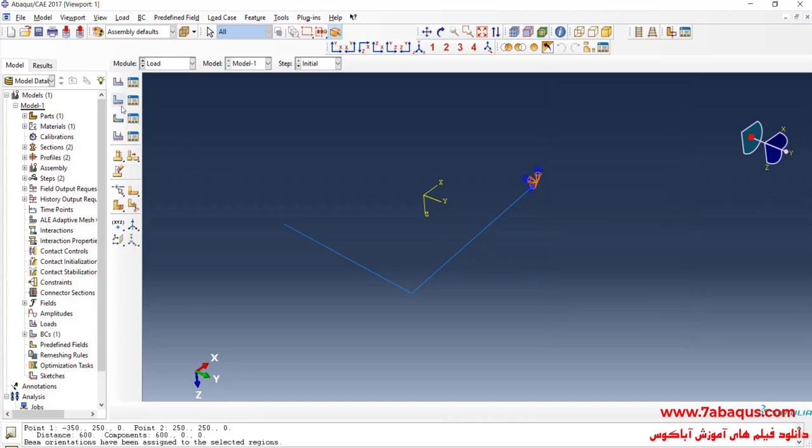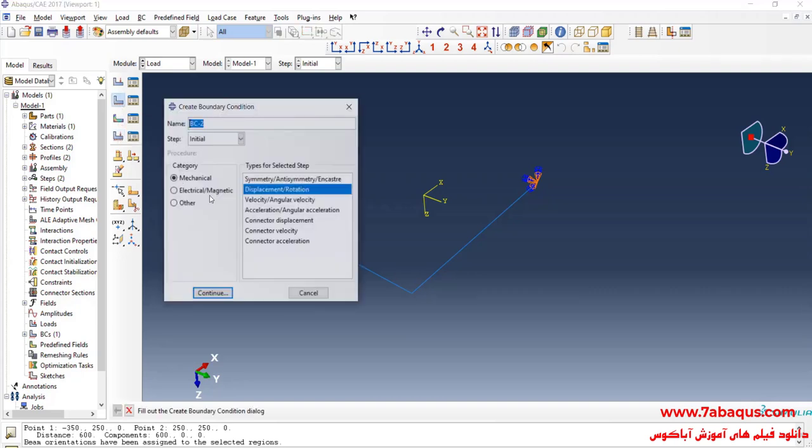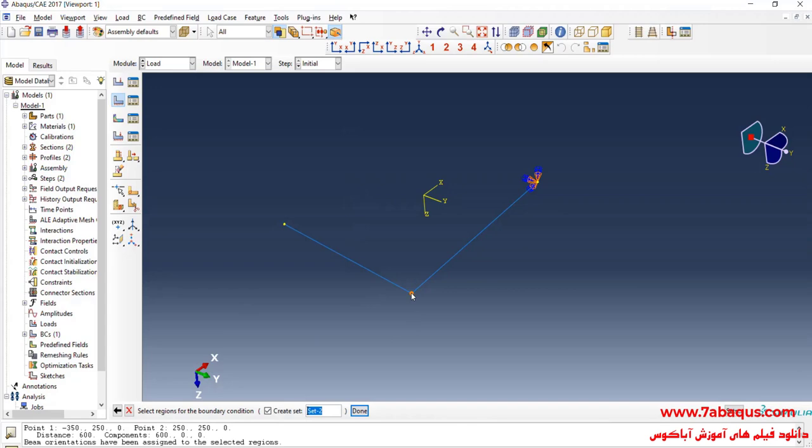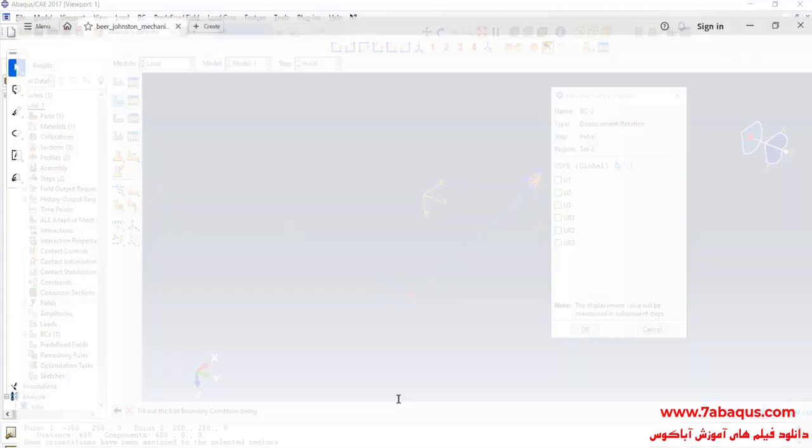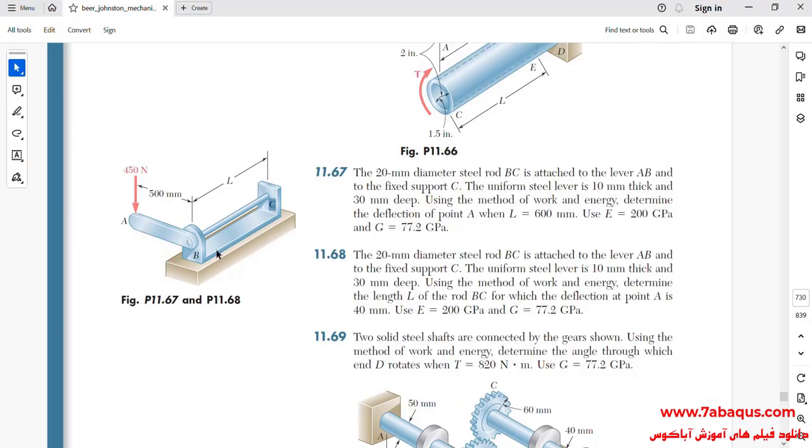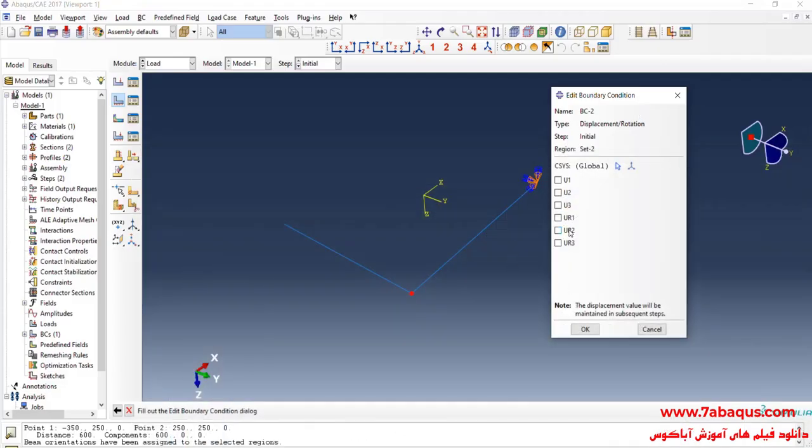In the next step, I'll click on Create Boundary Condition, select Displacement, Rotation, and Continue. I will select this point. As you observe in this picture, point B is not allowed to move directed at vertical axis. So here I'll close the boundary condition of U3